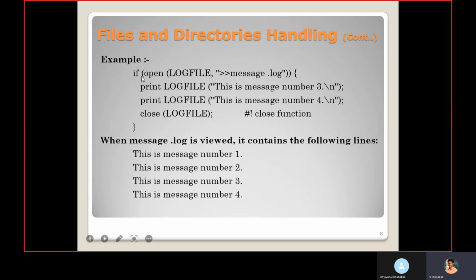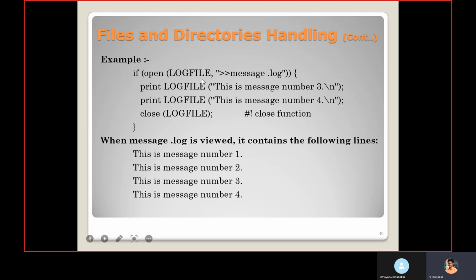Here in this example, using this open function, we are opening this message.log file in append mode. Okay. Assume that inside that message.log file there are 2 lines. This message is number 1 and this message is number 2. Assume that these 2 lines are already present in this message.log.